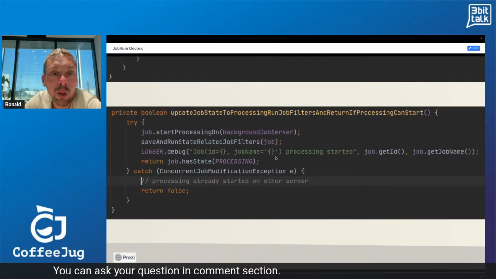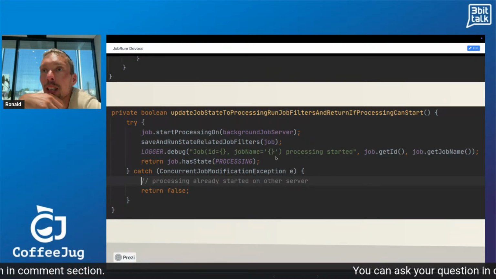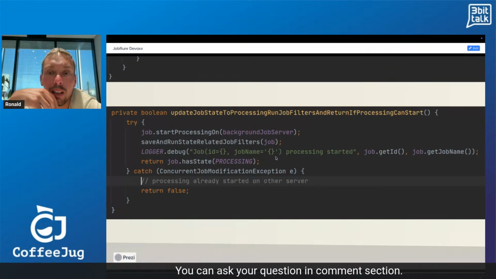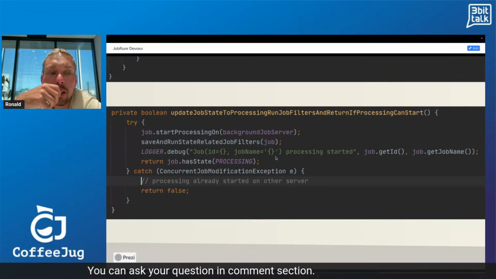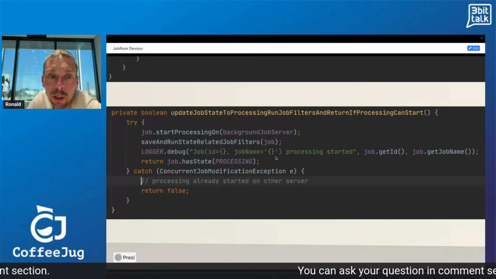And then what do we do to prevent the same job, because it's distributed, from being run by multiple servers at the same time? Well, there are two things that we do. In everything before JobRunner v7, we used optimistic locking.